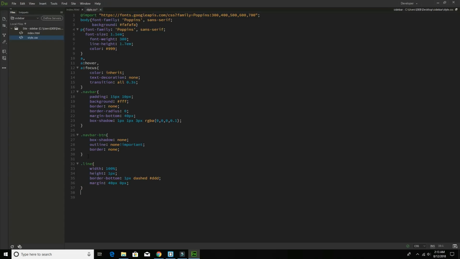After line, wrapper, I mean it's a common style actually. After that the sidebar style will be started. So wrapper